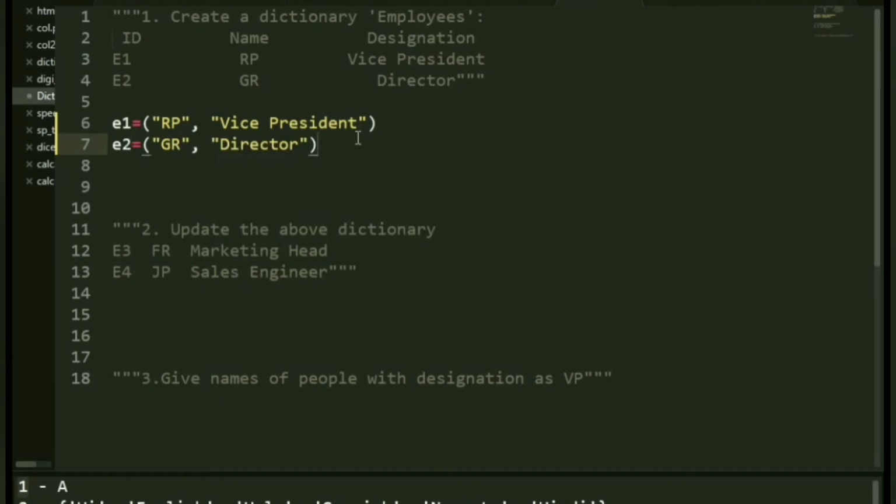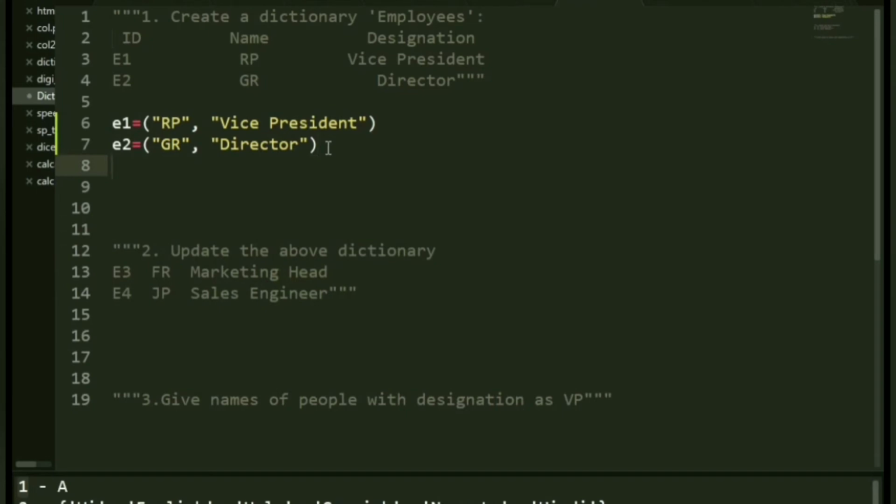Okay, so you see I have created two tuples, employee 1 and employee 2, where you have the sort of imaginative key value pairs for name and designation. Now what I'm going to do is I'm going to create a dictionary employees, and to that I shall assign the ID E1, and to that I'll assign the first tuple.